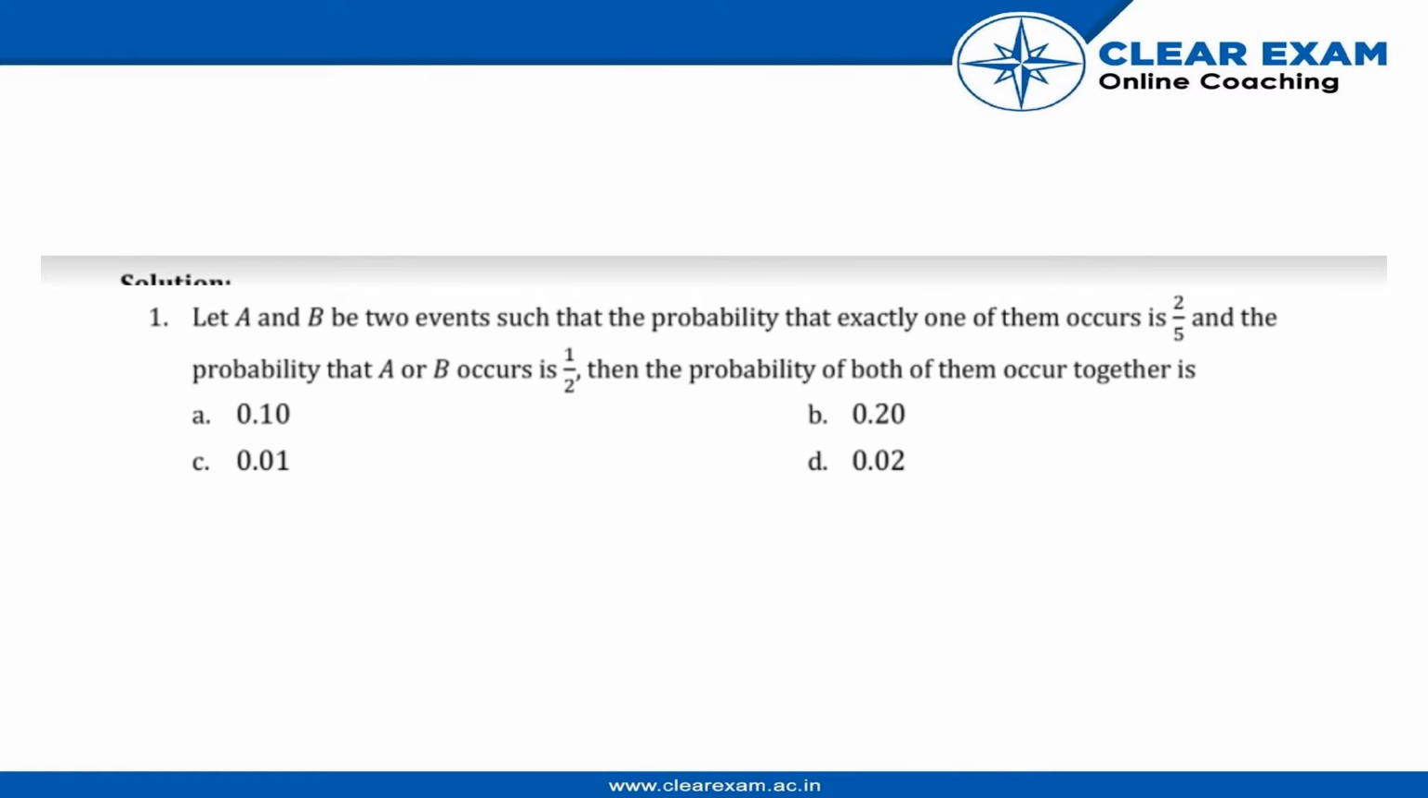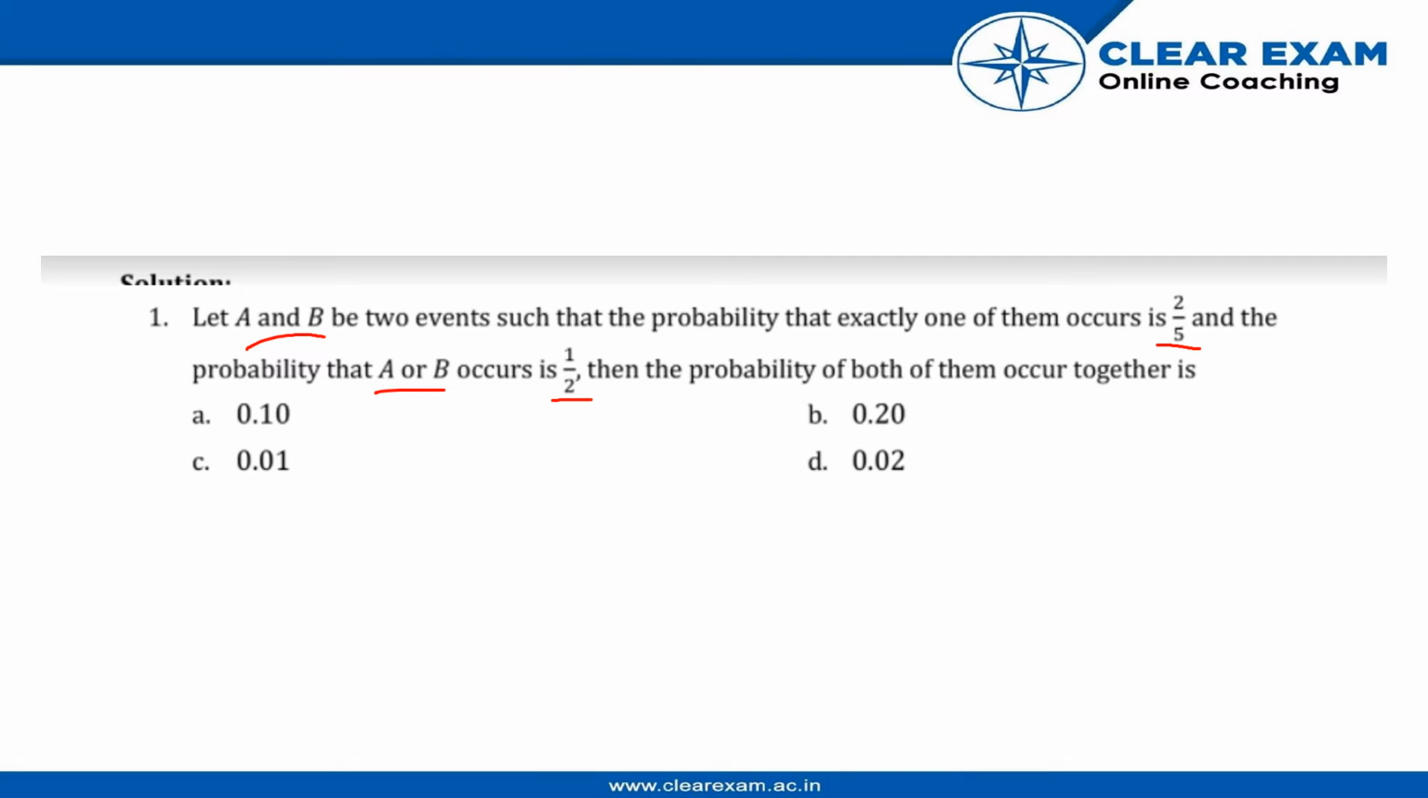In this question, we have been given that A and B are two events such that the probability that exactly one of them occurs is 2 by 5, and the probability that A or B occurs is 1 by 2. Then the probability of both of them occurring together is. So the question says that